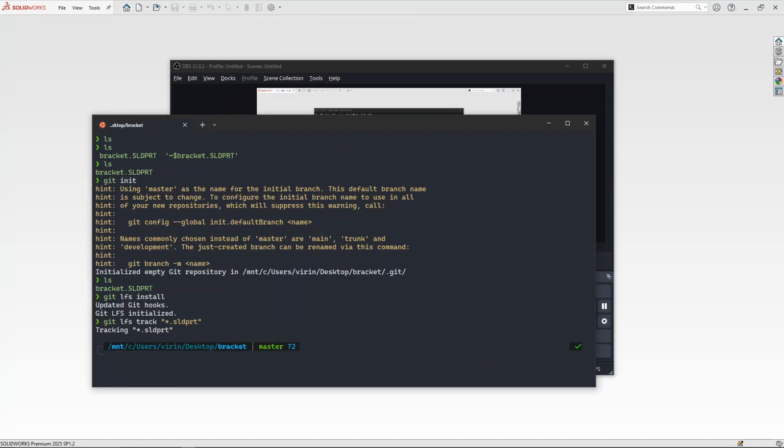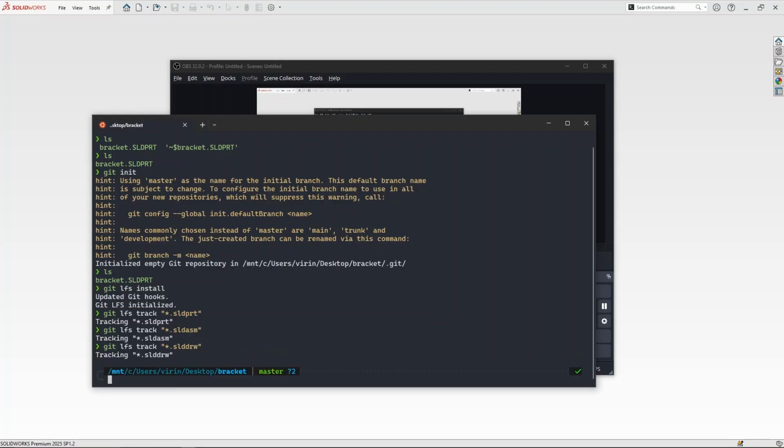So hit enter, and while we are at it, we can also do sldasm, since you'll be using assemblies as well. And we can also do slddrw for SolidWorks drawings. Now, if we do, okay, we can do,